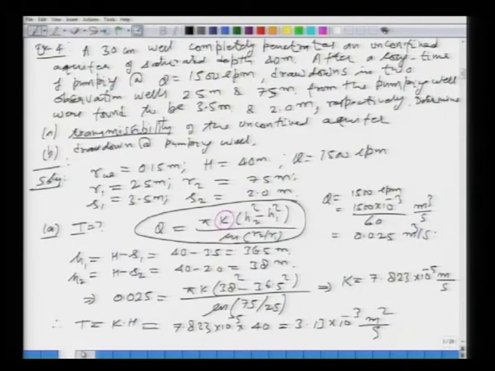Okay. Next, we have to find out what will be the drawdown at the pumping well, SW. So, how do we do that? Let us move on. You have RW is equal to 0.15 at the well. Now, we use the same equation, which is Q is equal to pi k of your H1 square minus Hw square. So, it is H2 minus H1 basically, and H2 is H1 here, and the second one is at the well, right. So, do not get confused.